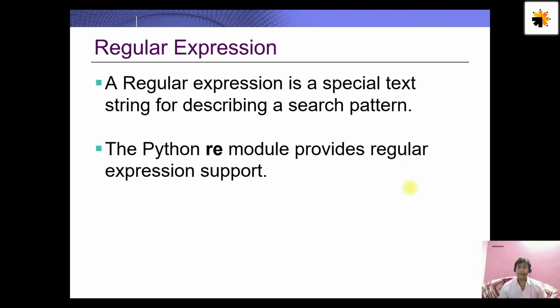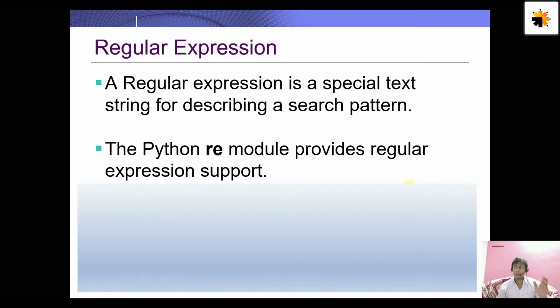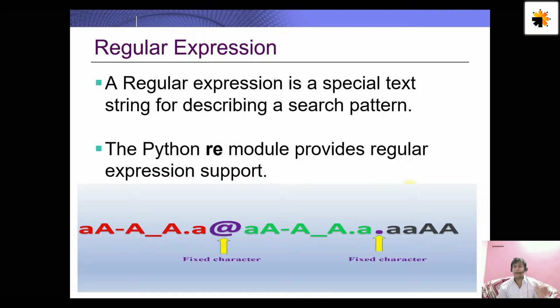A search pattern can be anything, like if you want to search an IP address or an email address. So you have a pattern. Like an email address, we have something fixed like @ and then dot. First lowercase, uppercase, underscore, dot can be anything. Like Mohit Raj, lowercase, uppercase, dot, cs, underscore can be anything, and then @ is fixed here, and